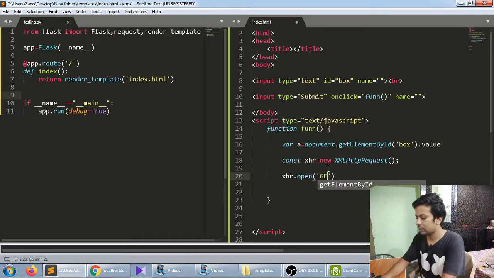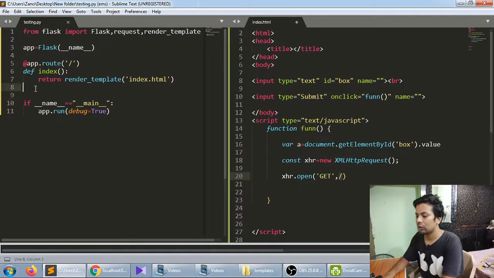Now we'll do the GET part. After the slash, we have to mention the route the request will go to. So I'll make a route here. Our route name will be ajax; we can take anything like 123, but we'll keep it simple as ajax, and we'll set it to true. Why true?